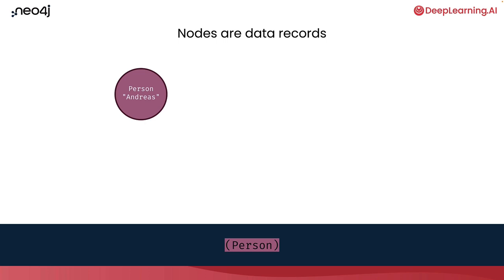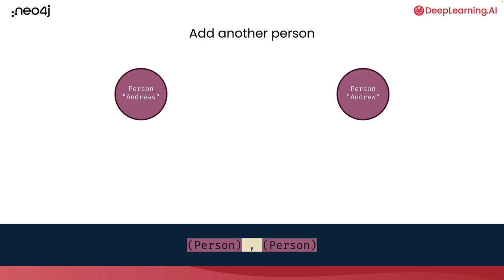say. You could use parentheses around the person, and that would mean, okay, we've got a node here, that's a person. So we're going to pay attention to that as we kind of evolve a very small graph. Let's add another person. So now we have this person, Andreas, another person whose name is Andrew. And again, sort of in a text representation of that, we'll use parentheses for each of those persons. Now we have a data pattern that's actually just person, comma, person, the data pattern of a graph that has